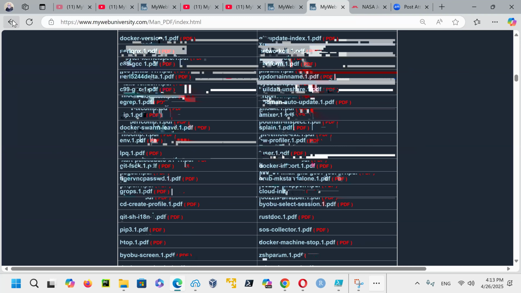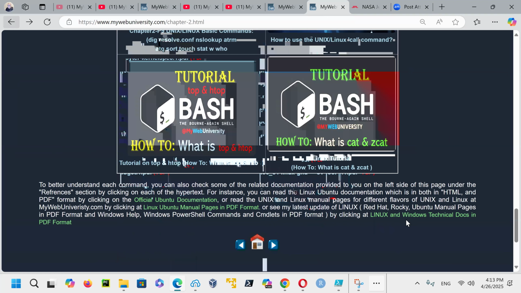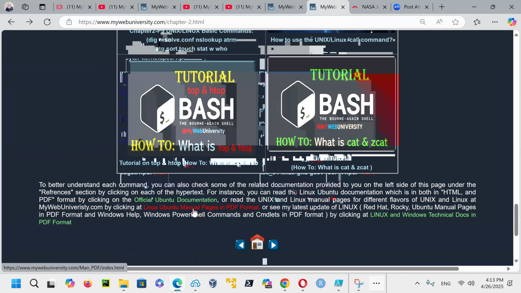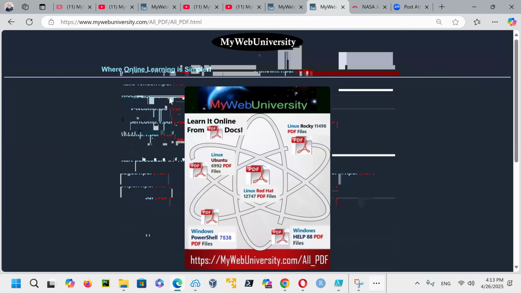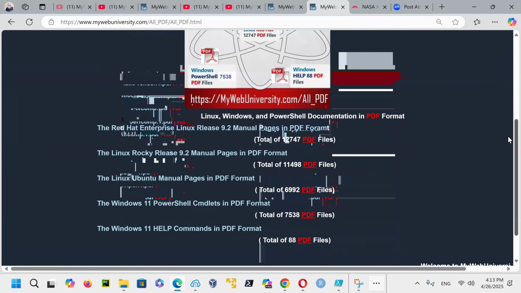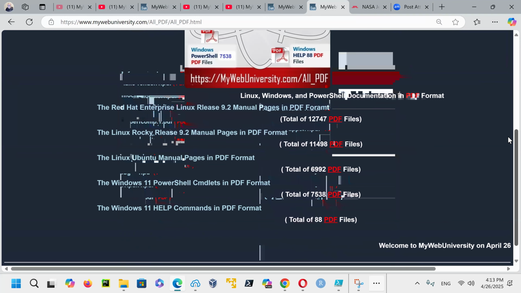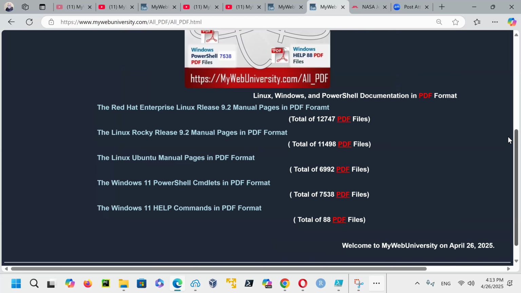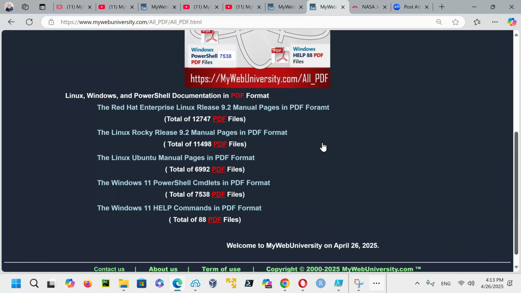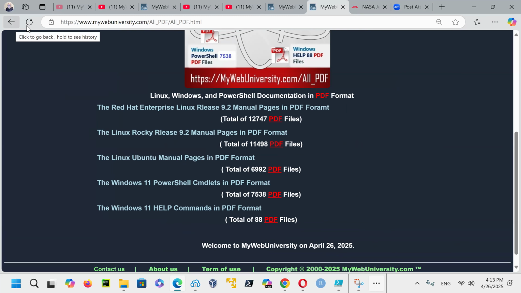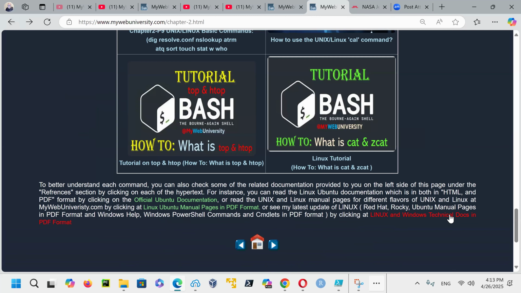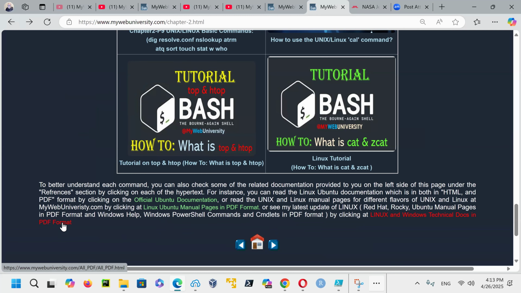And then at the same time, if you want to get more information, not just on Linux, you could say, show me documentation for Red Hat, for Rocky, for Ubuntu, for Windows PowerShell, for Windows itself. Then you could just click on that page, Linux and Windows technical documentation, PDF.